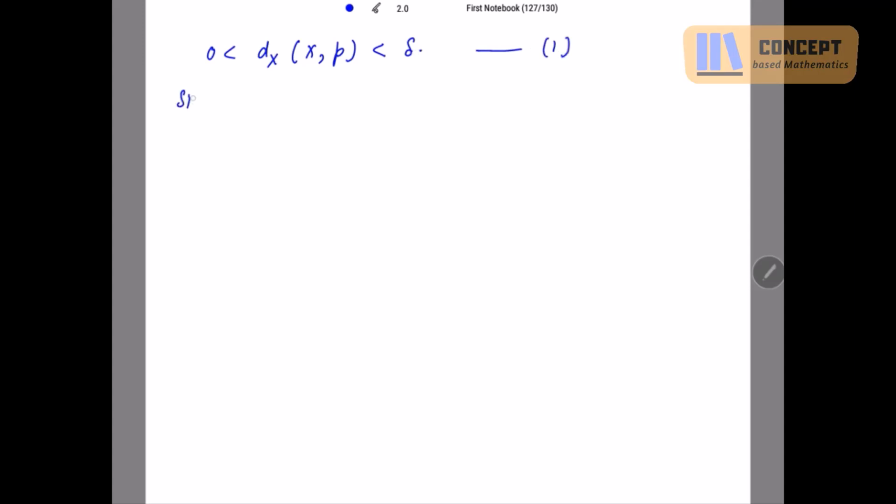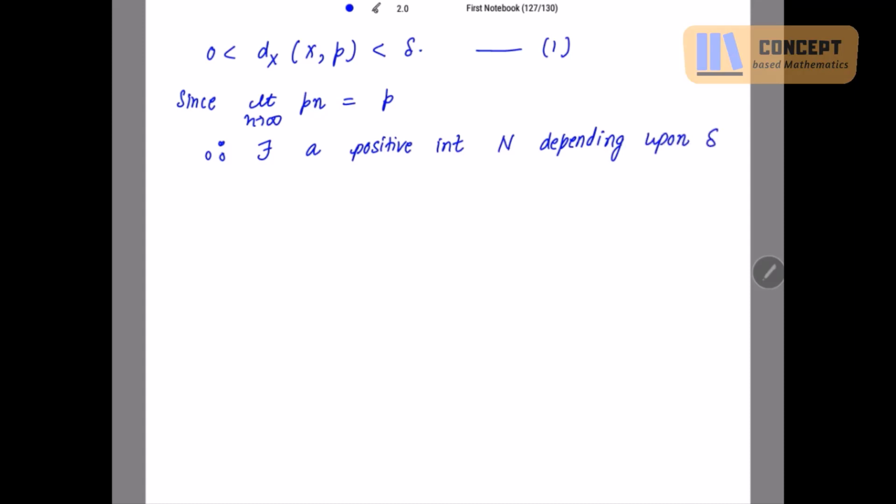Now what is given to us? Since limit n tends to infinity p_n is equal to p. Now this is also given. So for this, let's write the definition for the convergence. What does this mean? There exists a positive integer N depending upon delta. Why delta? Because we are taking the distances in X. That's why. Such that